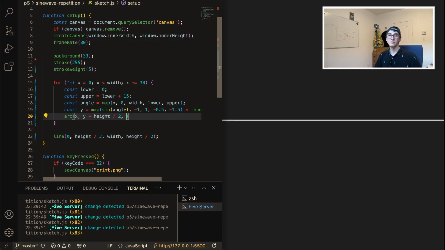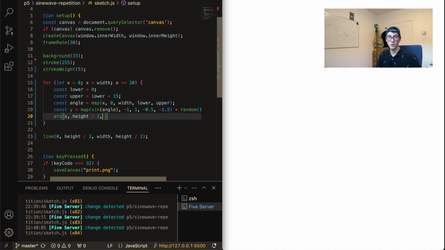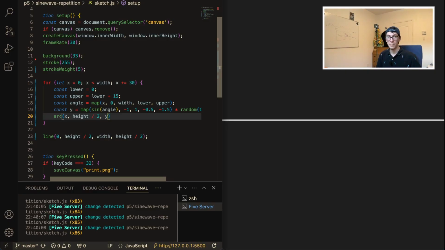And then this will be the, is it the radius? I think it's the radius, right? So this will be the radius. So the radius should be, right, so this should not be, it should just be height divided by 2, and then the radius should be y, and then the radius for both of them should be y, right, for the width and height of the radius on this axis and on this axis, right, on the vertical and horizontal